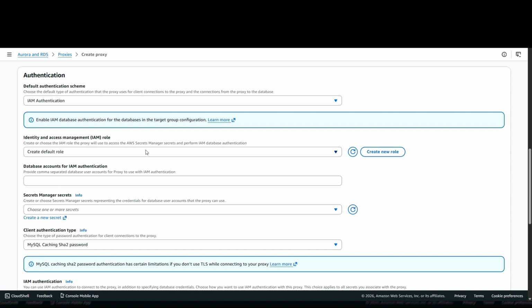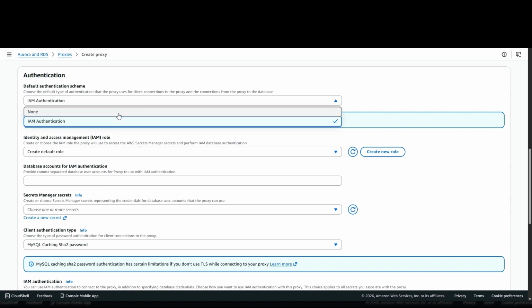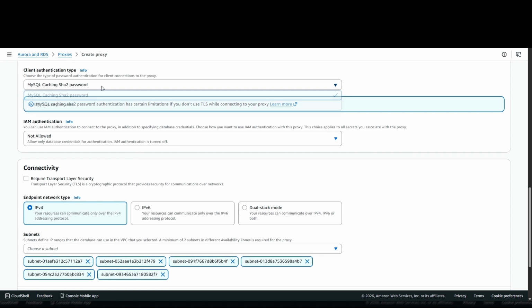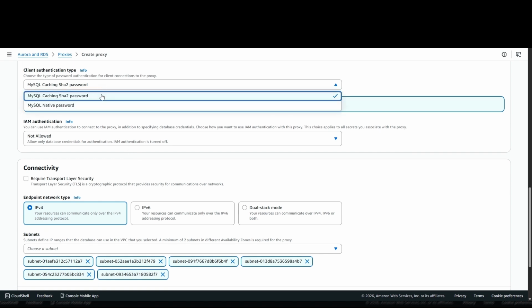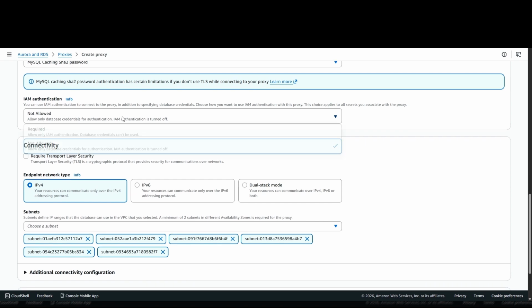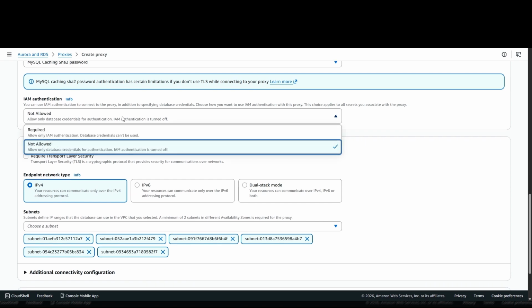Right now we are not doing anything related to it, so we have hidden it. As for the kind of authentication type you can use, you can use native passwords or a SHA password. Right now we are not allowing any IAM authentication there